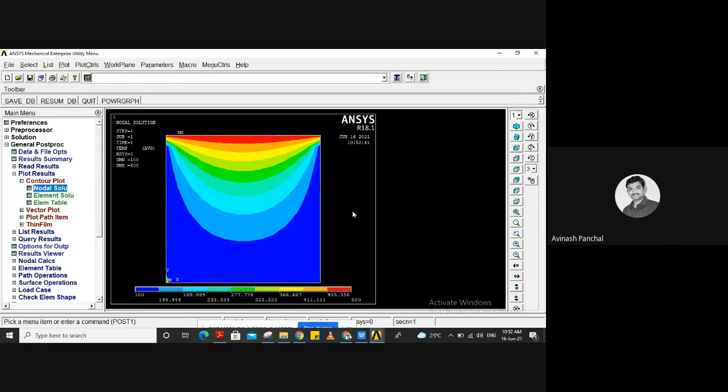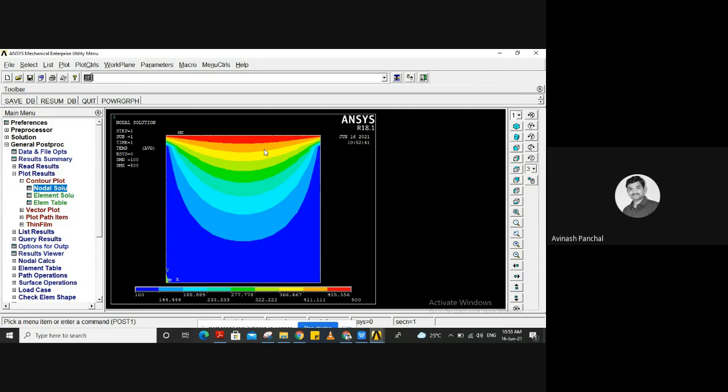So we can see this nice color contour of the distribution of temperature in the plate. From the top, the red color indicates that the temperature here is in the range of 455.556 to 500 degrees Celsius, because the maximum temperature is 500 degrees Celsius. The blue color indicates the temperature within the range of 100 to 144.